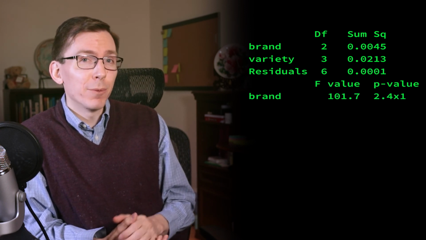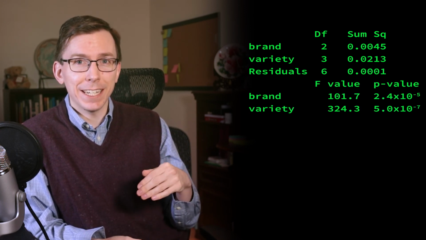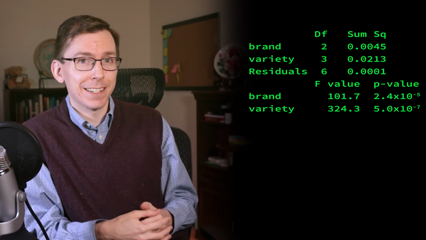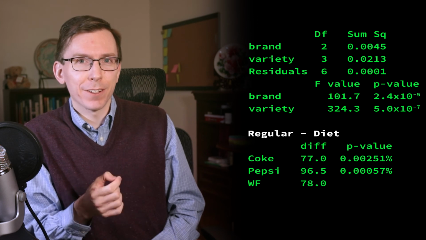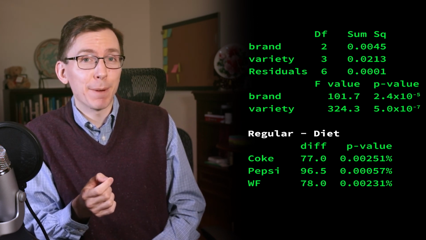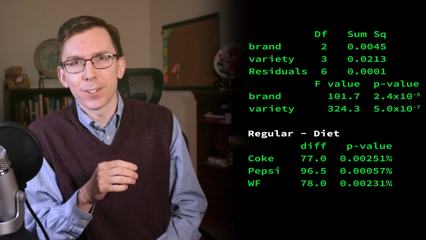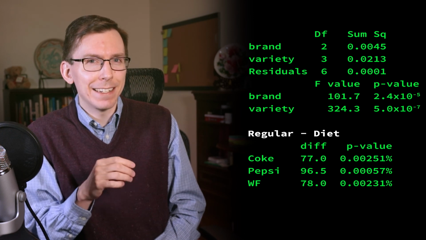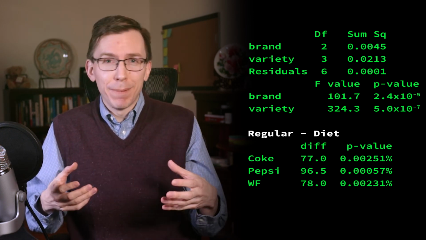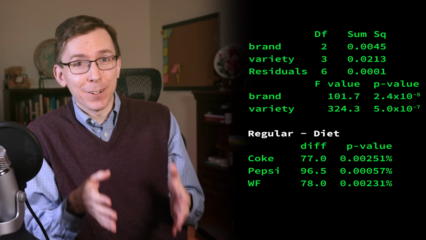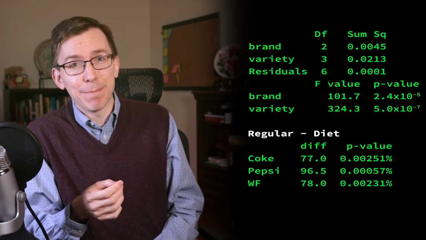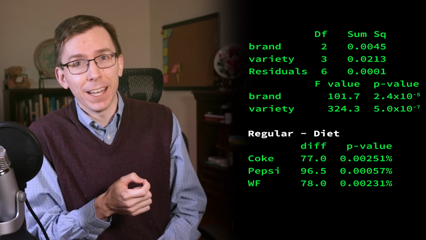But before we're done, we could also consider the starting weight with respect to brand and variety nested within the brand. In this case, we get a very strong p-value indicating significant difference between the brands and varieties. And within all brands, we see that regular varieties weigh more than diet varieties by between about 77 to about 96.5 grams. All of these differences are strongly significant due to the low variance in the data. That is, before I actually open the bottle and start messing with it by adding Mentos, they're pretty uniform. There's not a lot of variation, and that means that we can get extremely strong p-values when looking at these